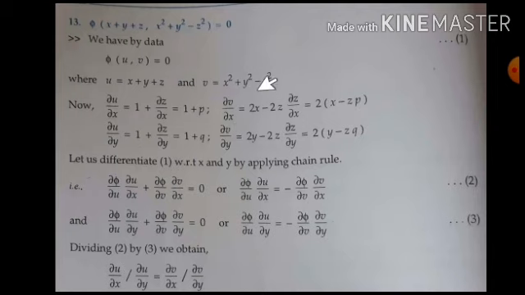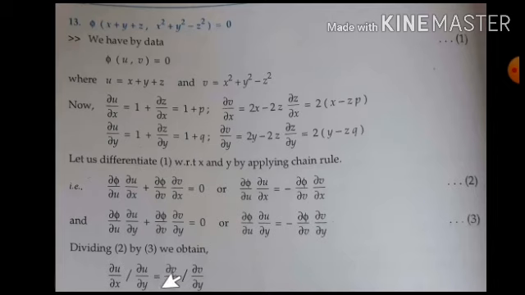In the same way here, partially differentiate v with respect to x is 2x, this is 0. Differentiation of z square with respect to x is derivative of z square is 2z, and differentiate z with respect to x partially, so dou z by dou x. 2 taken common, x minus z into dou z by dou x is written as p. Similarly, partially differentiate v with respect to y: 2y minus derivative of z square is 2z, dou z by dou y. Take 2 common, y minus z, dou z by dou y can be written as q.